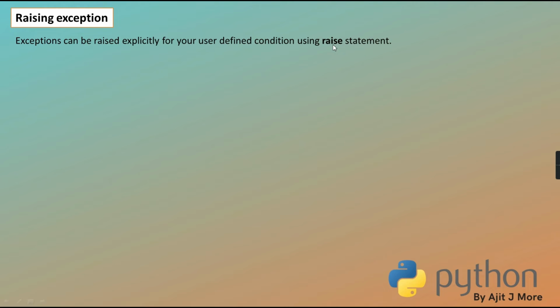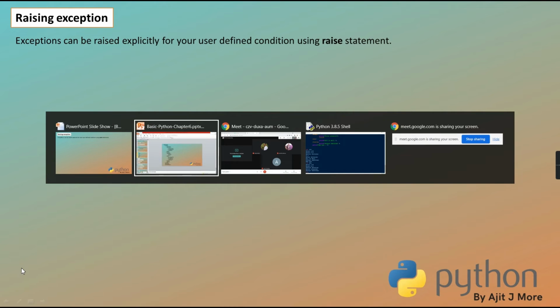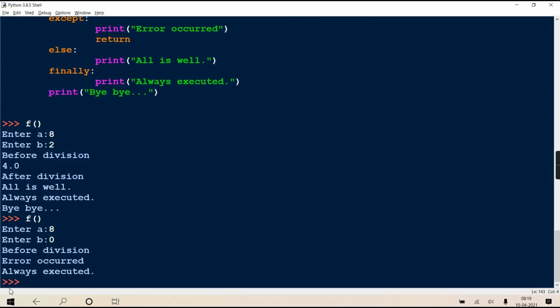So you have to raise it by using the raise statement. Now raise is also a flow transfer statement like break, continue, return. We have a break statement which comes out of a for loop or while loop, or we have a continue statement which comes to the beginning of the loop. We have a return statement which brings the control back to the caller. The same way the raise statement is there. It will bring the control to the except block. Getting? So whenever you have a raise statement,